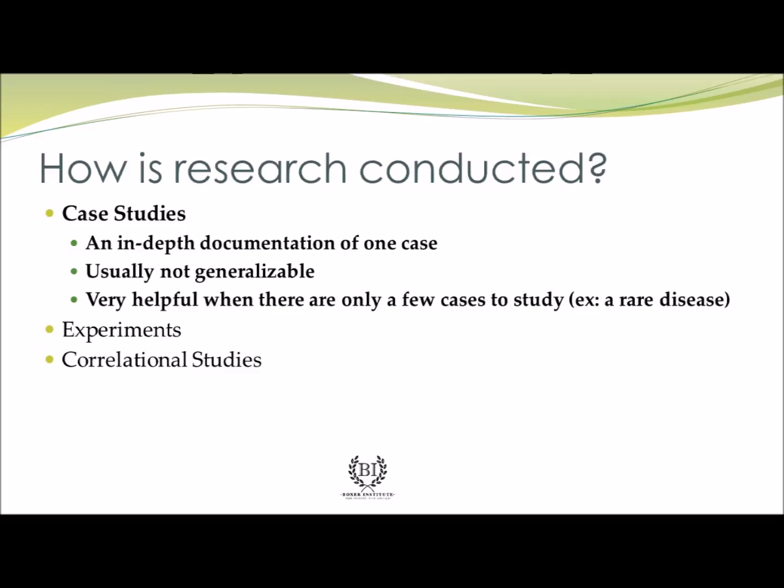It's really helpful when there's only a few cases to study, if there's like a rare disease. Another good one is if there's one big event in history. There's a lot of case studies around, like, the Holocaust, right? Because that's not going to be something that we're dealing with again, with all hope, or any time in the future. And if we do, it'll look significantly different. So there's not really a good way to capture that in a correlational or experimental study.